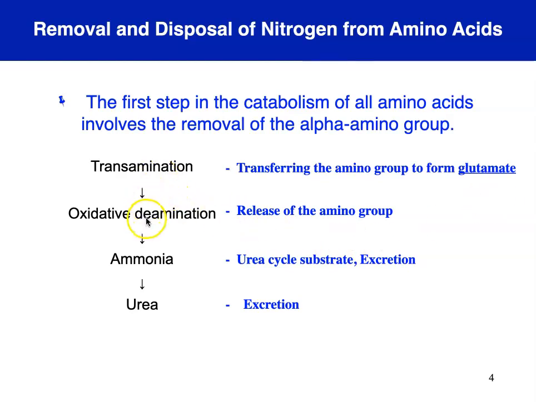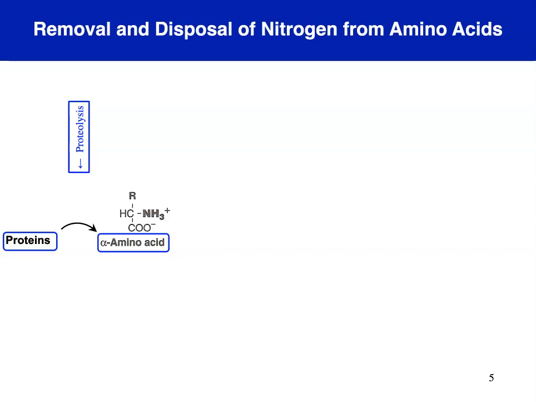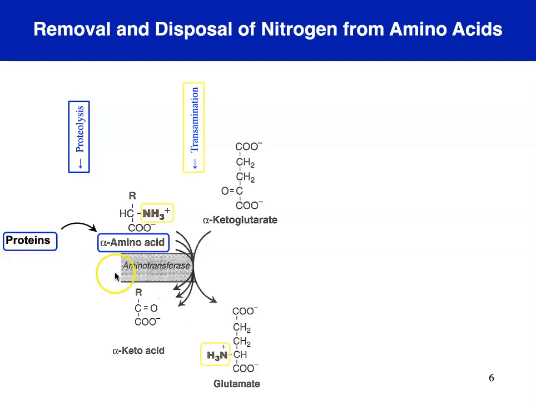The next step is oxidative deamination, where the amino group is now removed from glutamate in the form of ammonia. The ammonia then enters the urea cycle to generate urea, which is excreted. Now let's look at the different steps in a little bit more detail. So to begin, we have proteins that are proteolyzed to amino acids. These amino acids are then